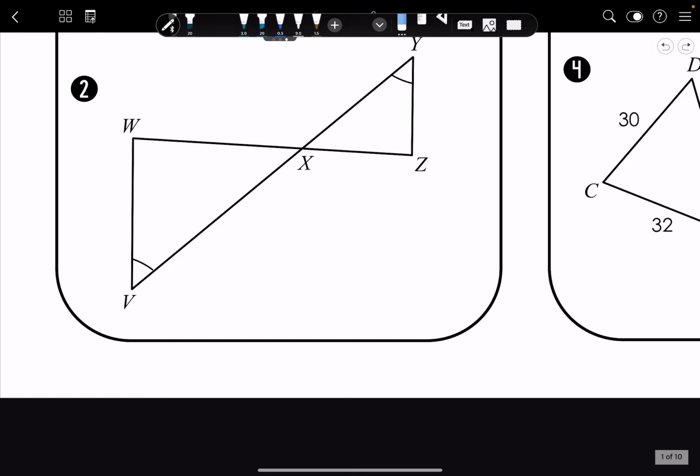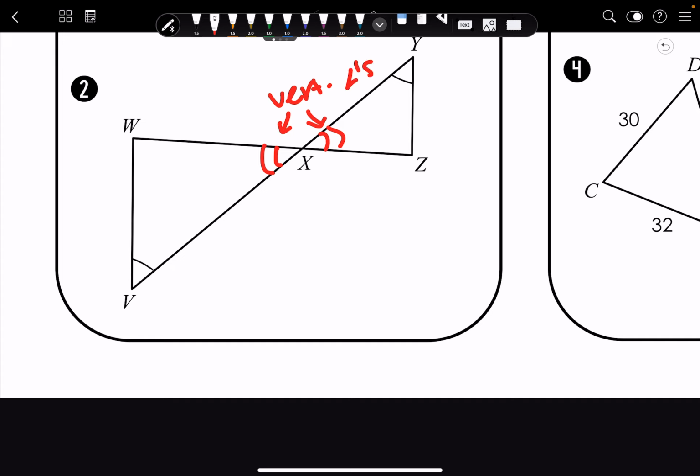All right, this one, if you're lost, then guess what? Don't forget, those vertical angles are back. These two are vertical angles, so that means they're always going to be congruent, which means that yes, by angle-angle similarity,